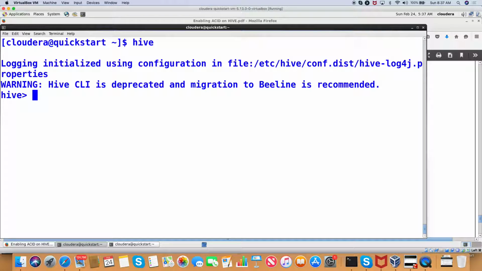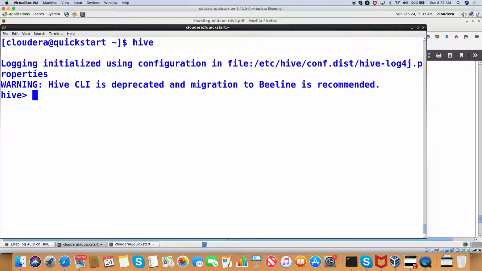You know what is meant by deprecated? It became old. And please use Beeline. In organizations, Hive is not supported. You cannot use the Hive prompt at all. You have to use Beeline,